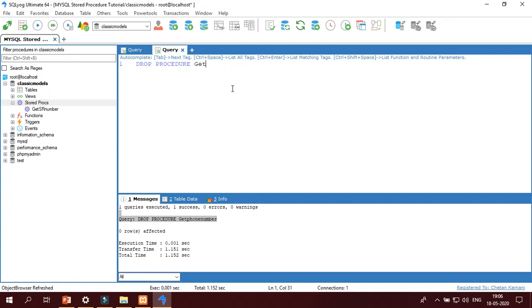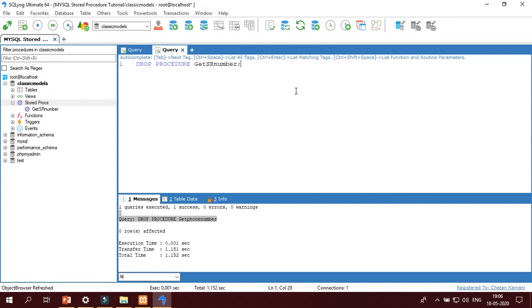Now I am going to delete another stored procedure, that is get SR number. But first I am going to explain the IF EXISTS keyword. Why IF EXISTS? Suppose our database contains many stored procedures, maybe more than thousands, and sometimes we by mistake delete a stored procedure and then try to delete that stored procedure again.